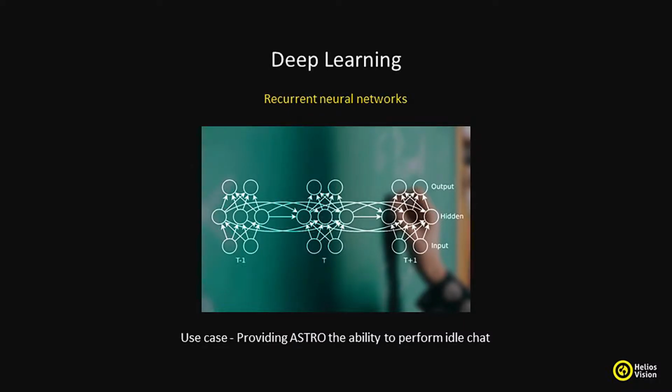OK, deep learning on the CPU. As a member of the Intel Software Innovator Program, I get to experience, let's say, upcoming hardware and software offerings by Intel. So if you are using CPUs for training or doing deep learning in your use cases,